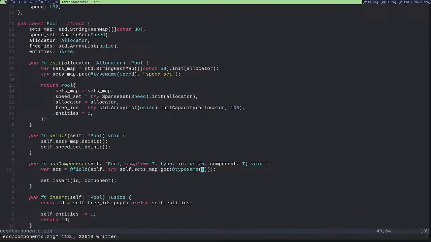Okay, you can't get the comptime value. Okay, it makes sense. Otherwise I will lose all the checks.